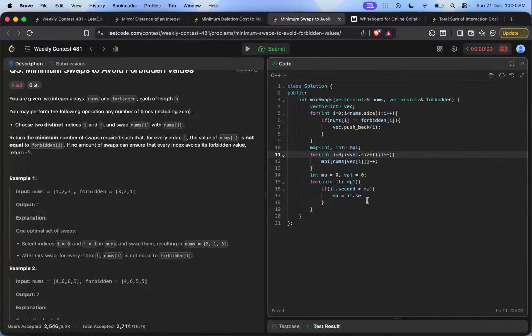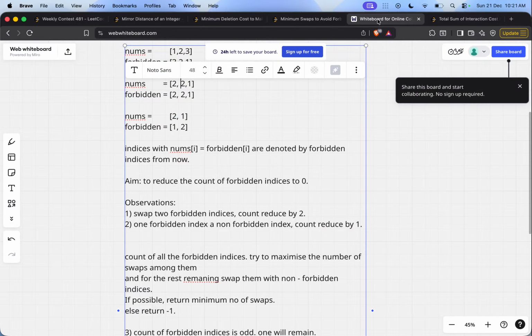So let's start. If the current forbidden element's frequency is greater than the maximum, it will become the maximum, and the value corresponding to the maximum is kept at the end. What is the total number of forbidden indices? It is equal to the size of our vector that we created. And what are the leftover elements? The leftover elements will be total minus maximum. What is this formula? We discussed